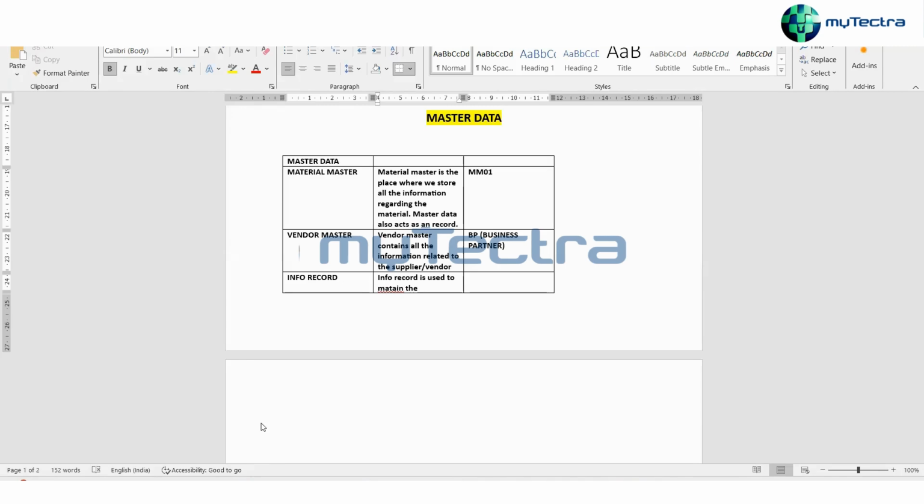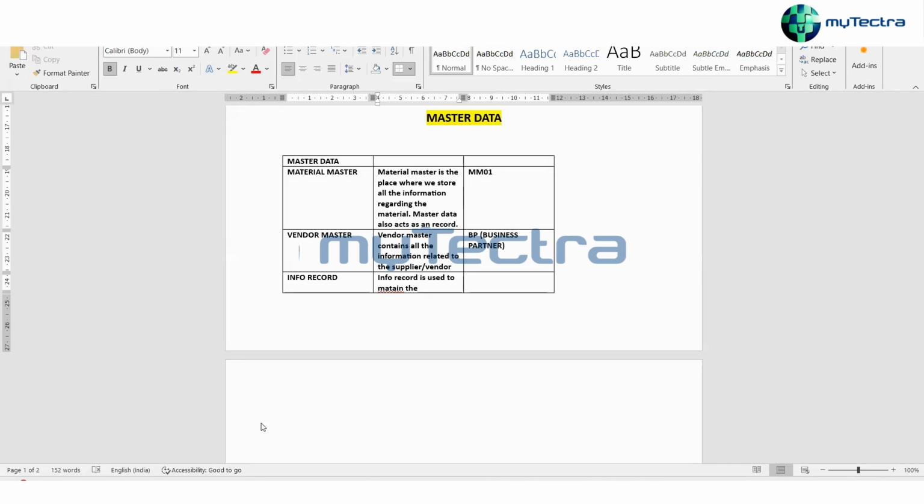So every time you make a PO, you will have to choose the vendor, choose the item, enter the price, and enter the plant and all these things. To save that time, SAP gives you an option where you can maintain the record of this combination, material and vendor.